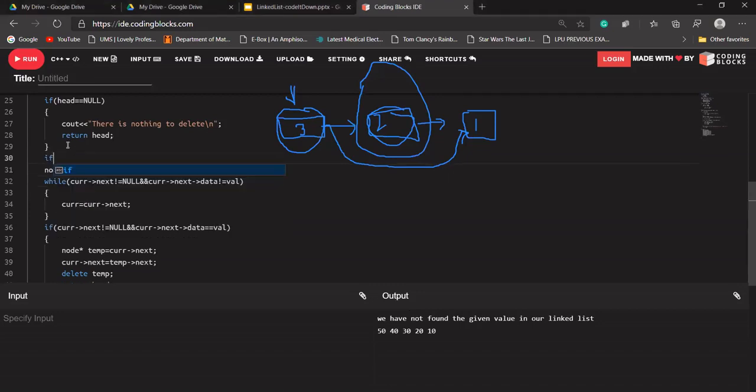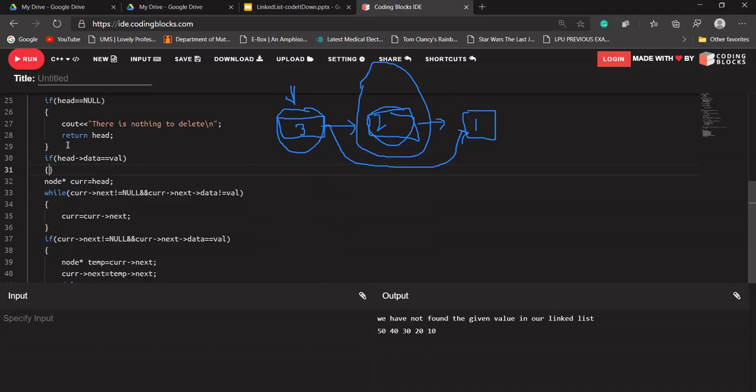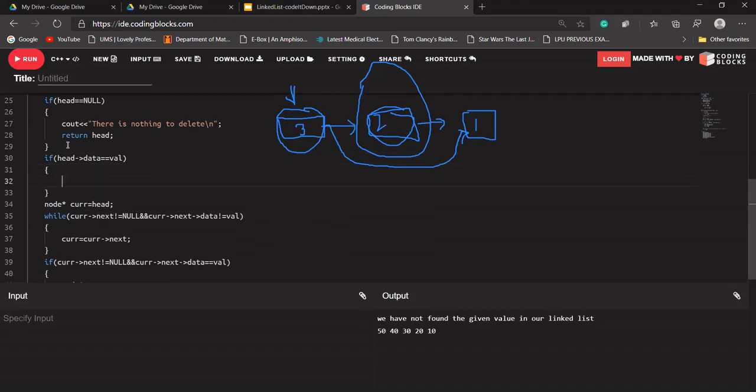So what we need to do here is check if head's data is equal to value. If head's data is equal to value, let's store our head into a temp variable.